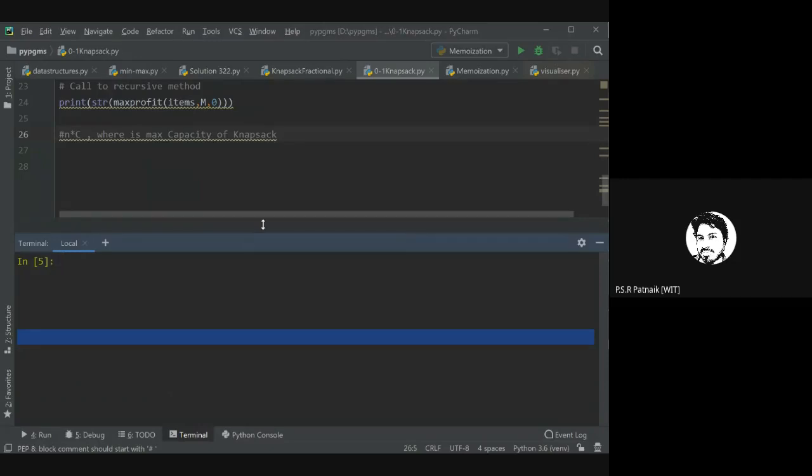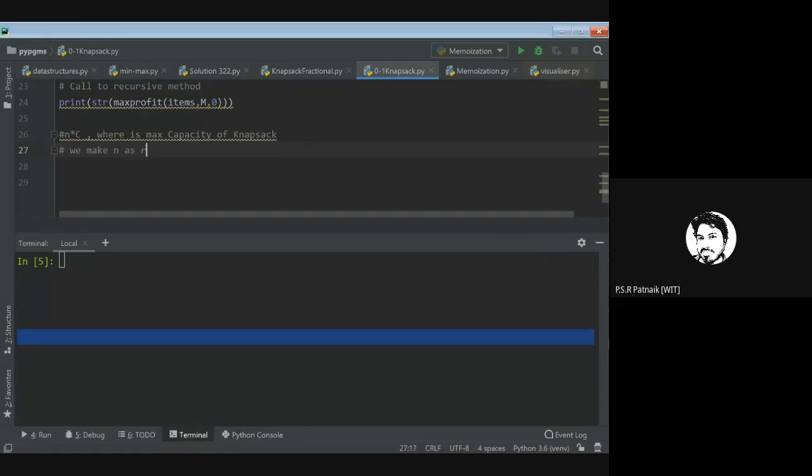See, I want n into c. So what will be row, what will be column? When we want this structure, if it is two-dimensional, obviously it would be in a row and column format. So we make n as row.